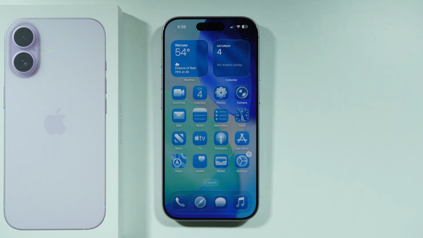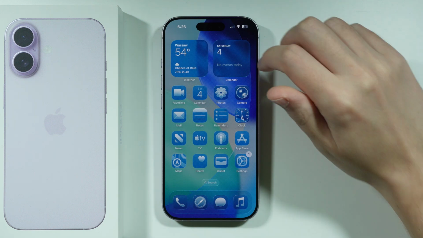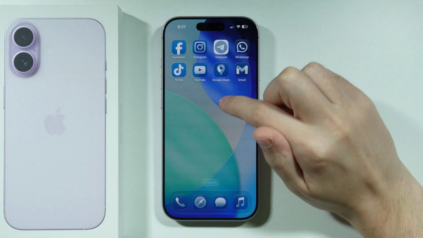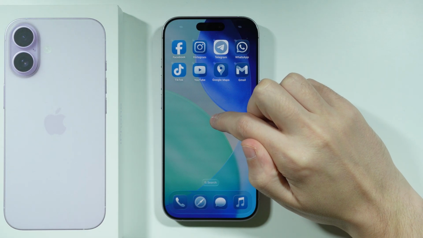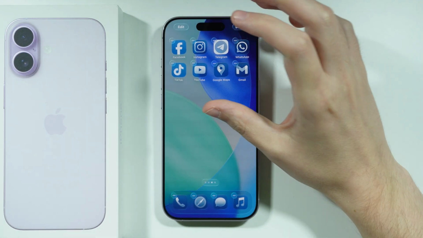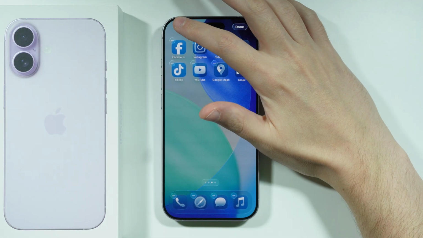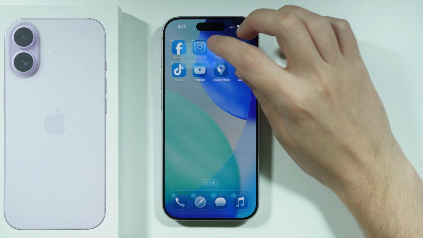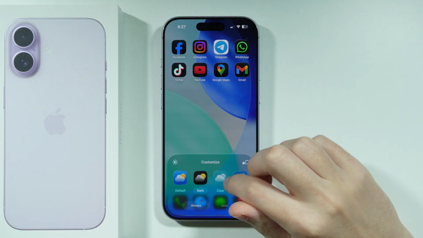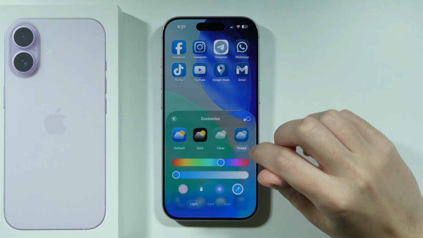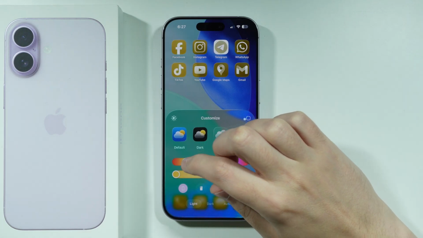If you want to change icons color on iPhone 17, what you can do is touch and hold your finger on an empty space in the home screen in order to go into this shaking or editing mode. And then you can tap on Edit in the upper left corner and then choose Customize. Over here in Customize, you want to switch to Tinted, and then you can move over here in order to